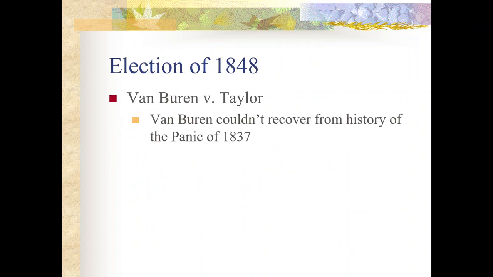So that brings up the election of 1848. We see a return of Martin Van Buren. So he's a candidate for the Free Soil Party, wanting to stop the spread of slavery. But the Whig Party is going to have Zachary Taylor, so another war hero. Martin Van Buren couldn't really recover from the issues of being president after Andrew Jackson, so the suffering of the Panic of 1837 and even the forced removal of Native Americans. So it is a quick victory for the Whig candidate, Zachary Taylor.